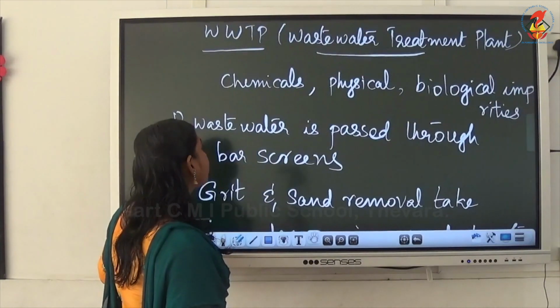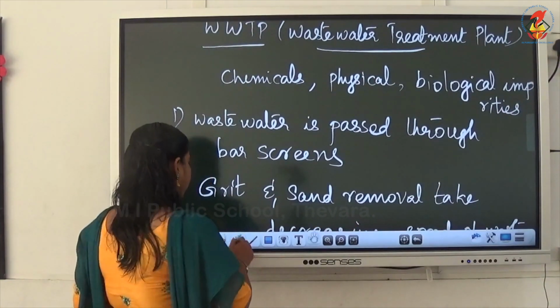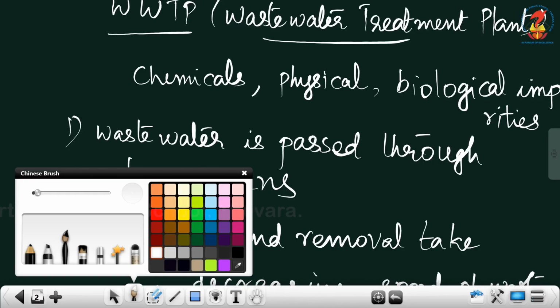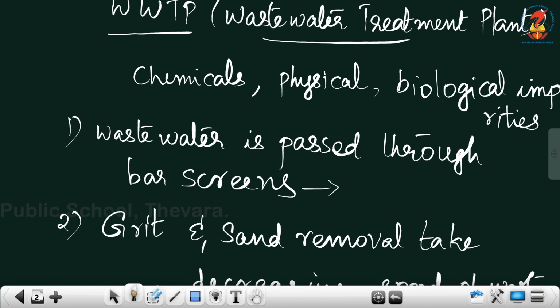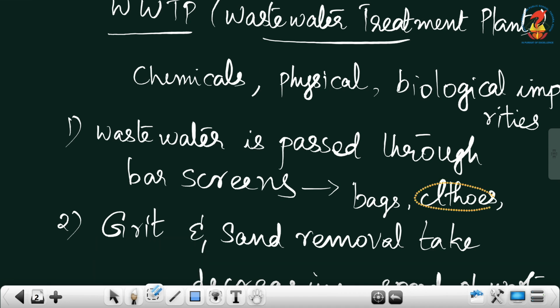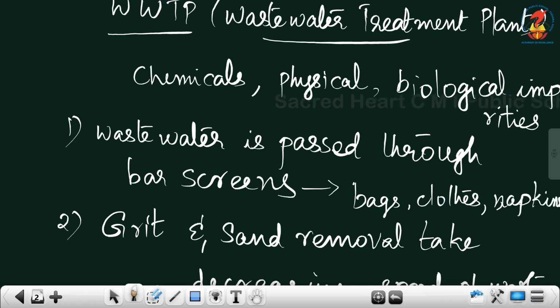There large objects, when it is passing through that bar screen, large objects like bags, carry bags, cloth pieces, napkins, etc. will be removed.